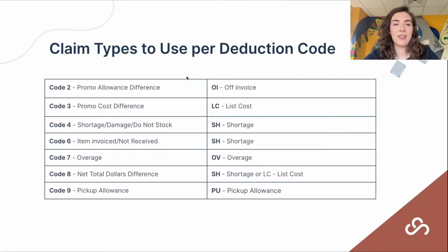All right. And then here are the high level claim codes that you're going to see listed on deductions. And it's going to fall into a couple different categories. So you've got your code 2 and code 3, which are more tied to your promotional allowances. Code 3 is tied to a cost difference. So it's going to be the difference between the unit price of what was billed to Kroger versus what Kroger expected to